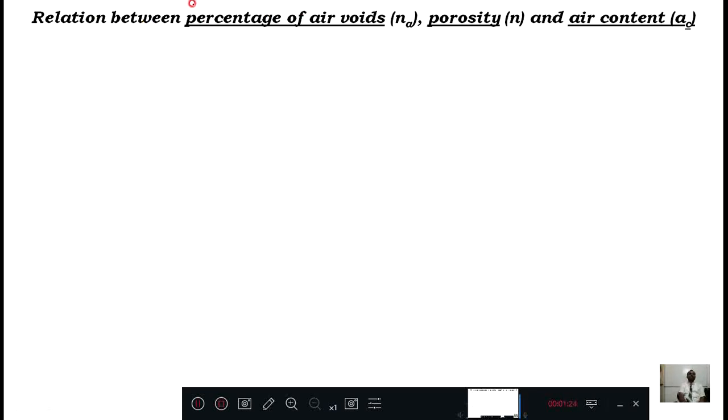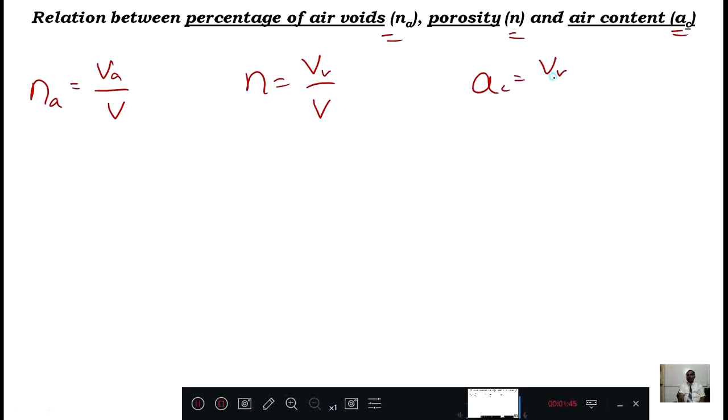Next, coming to the relation between percentage of air voids Na, porosity n, and air content AC. Now we want the relation between all these three. First we will write the meaning of them. That is Na equal to Va divided by V, and n equal to Vv divided by V, and AC equal to